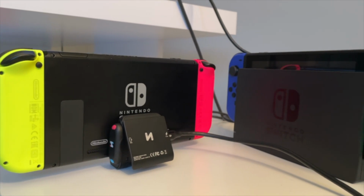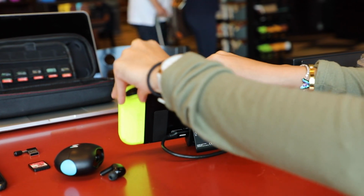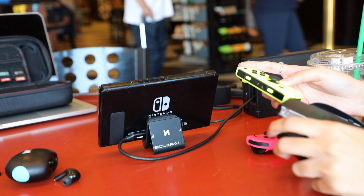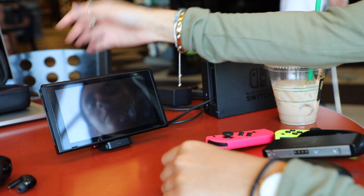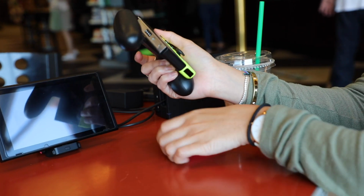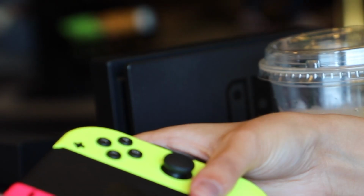So I would say that solves another pretty unusual problem that the Switch has. Last but not least, we have a very weird problem. You see, Nintendo has a tendency to do things their own way, as this video kind of shows off. And when they decided to make this system have the ability to play handheld, and at the same time be able to work with TVs, they needed a dock, right? So they made this giant contraption that you have to stick your entire Switch into, and it's just a little